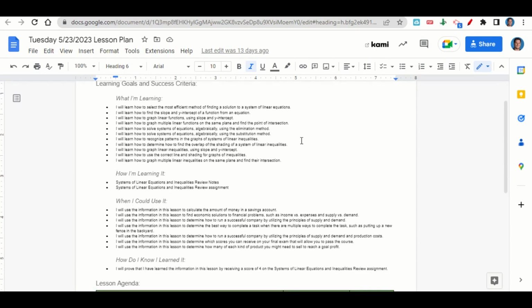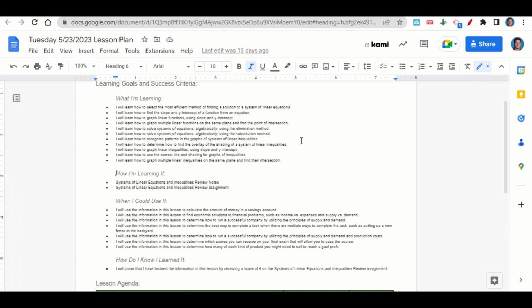When can we use this information? To calculate the amount of money in a savings account, to find economic solutions to financial problems such as income versus expenses and supply versus demand, to determine how to run a successful company by utilizing the principles of supply and demand, to determine the best way to complete a task when there are multiple ways to complete the task,